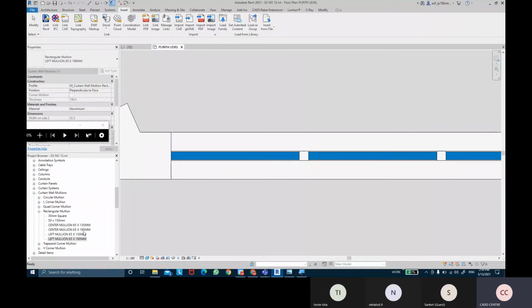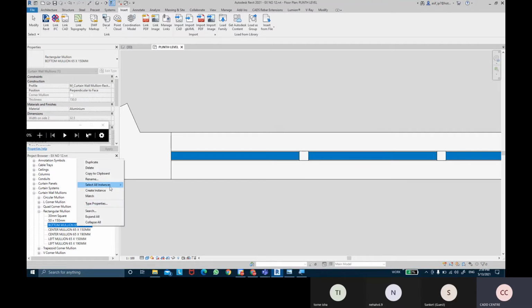So we're just adding the profile libraries. We can add the bottom mullion as well. So I'm going to duplicate this, call this bottom mullion 65 by 150.